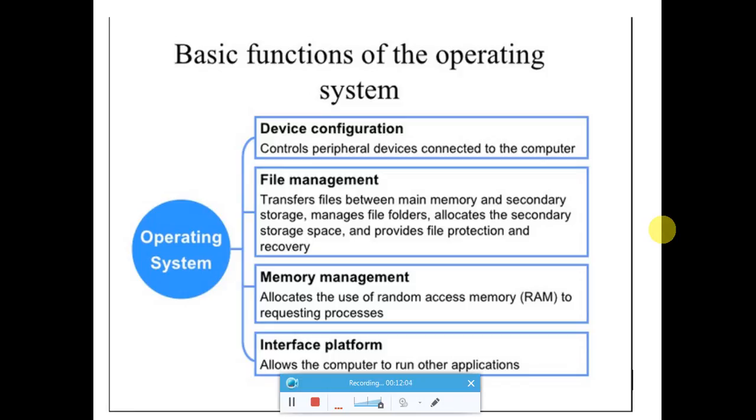The third very important function of the operating system is managing our memory. In the earlier slide I told you one example, that if many tasks are running at the same time, like we are watching the video, we are preparing some document, and we are chatting also. So we all know every task requires some amount of memory.